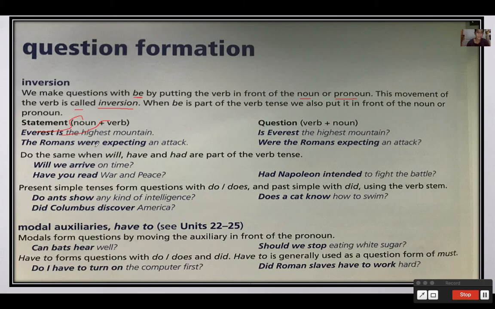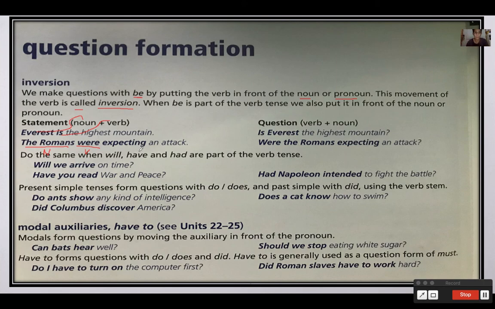Then we have, the Romans were expecting an attack. The Romans is the noun, and were expecting is the verb. So what happens if we want to make a question? We have to make an inversion. Remember that name: inversion is when we change the position of a verb and a noun or a pronoun